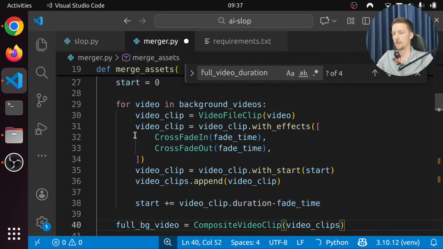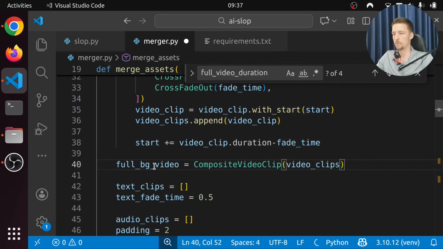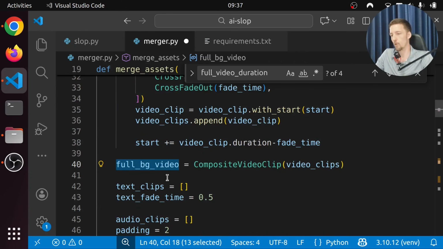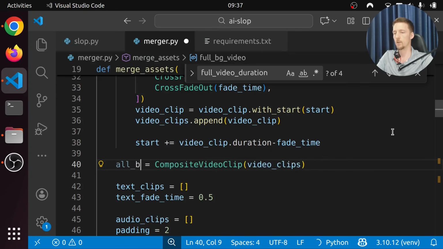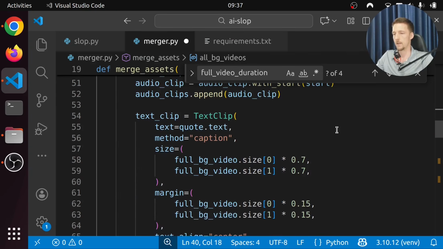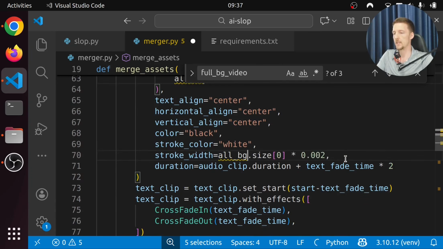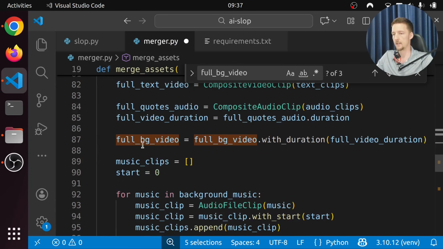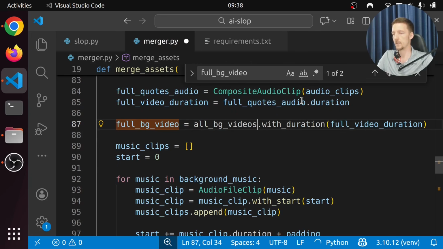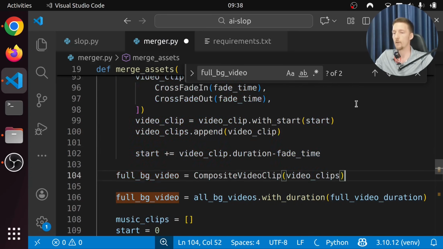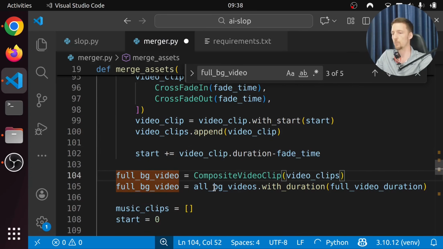So let's make the background video, which I guess shouldn't be called full anymore. Let's call it all BG videos. And then we can use here all BG videos size. And we can then say here the full BG video is all BG videos. And before that, we are going to duplicate it like this.